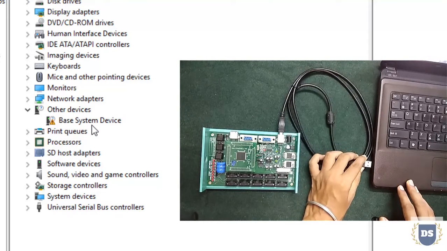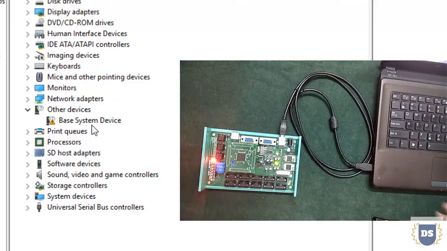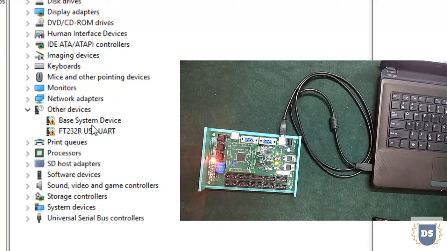Now if I plug in my peripheral device again, the Device Manager list gets updated again, and as you can see here, under Other Devices our device is listed. For our device, a communication port has not yet been assigned. This is because our computer cannot recognize this peripheral. If I want my peripheral to be recognized by my laptop, I have to install a piece of software known as a device driver, such that my laptop can identify this device.